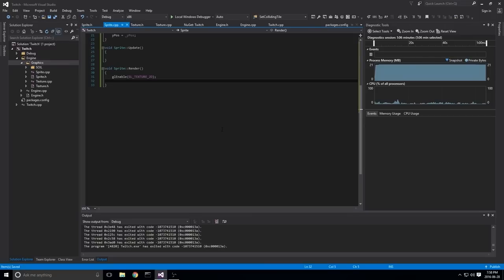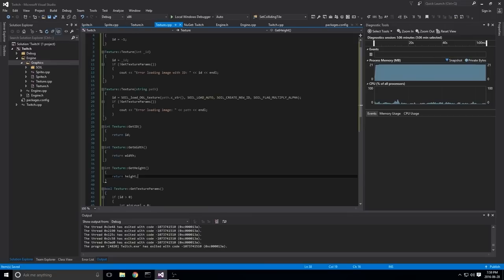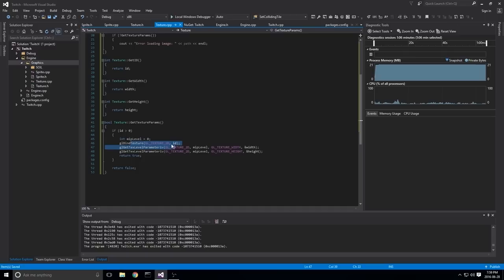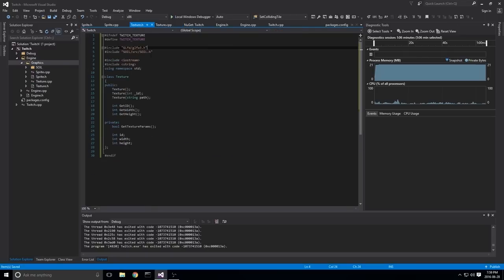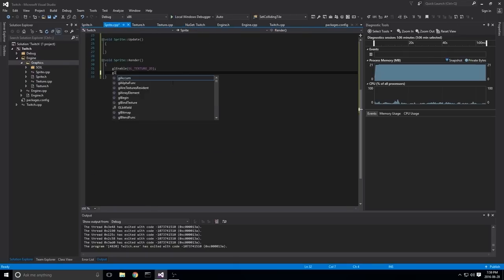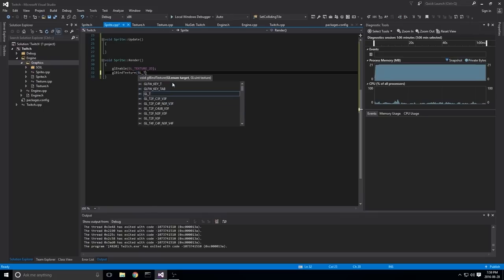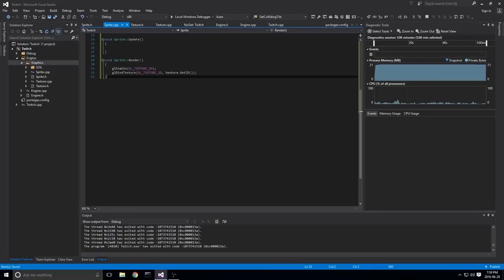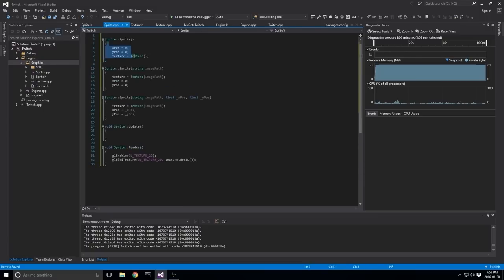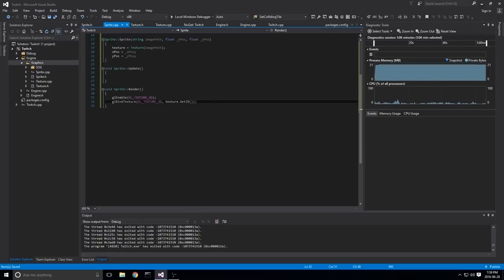Then, again, we have that texture ID, just like we did in our texture here. We need to bind the texture ID to texture 2D. So when we do that, glBindTexture to GL_TEXTURE_2D, we're going to bind our texture's ID. Now again, we have texture.getID, we can call getID. Okay, so we're going to bind this ID to the GL_TEXTURE_2D. And again, we shouldn't be calling render if none of this happened, because this is going to be equal to something. So texture.getID, and if that's a -1, then that's another issue.